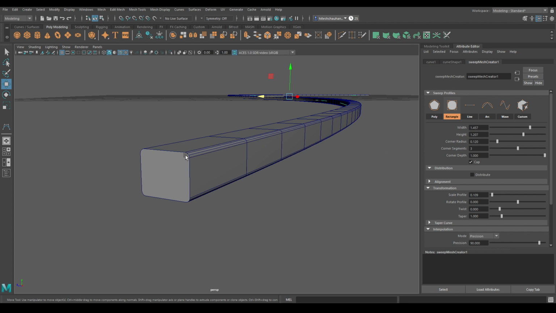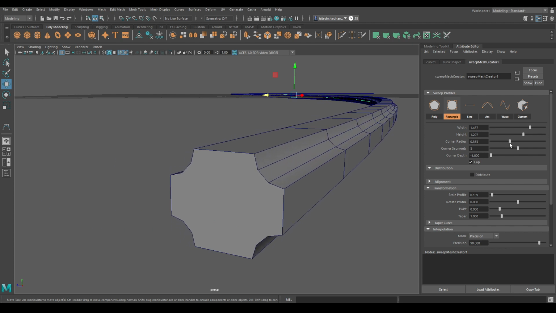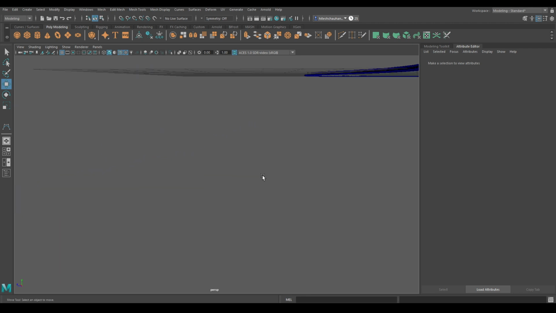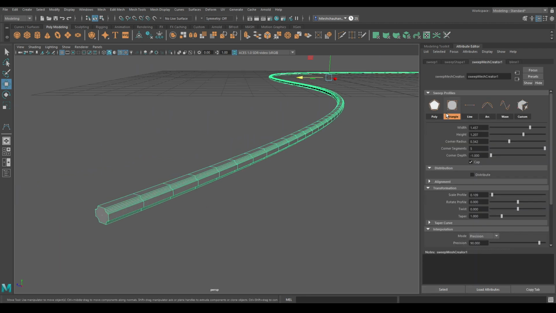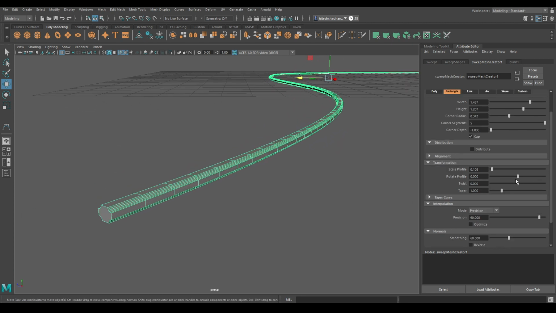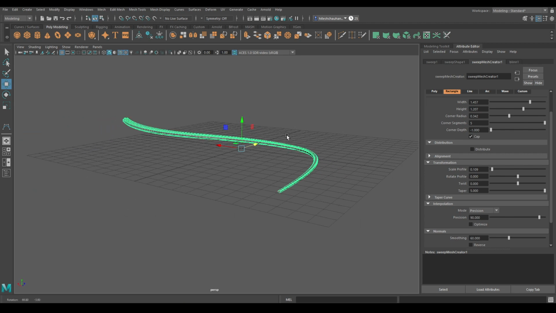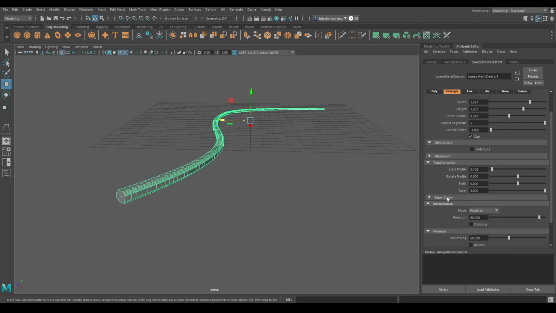You can also create a depth in the corners. Just turn down the corner depth. You can also use this taper option to make some more tweaks. And you can also adjust the taper curve.